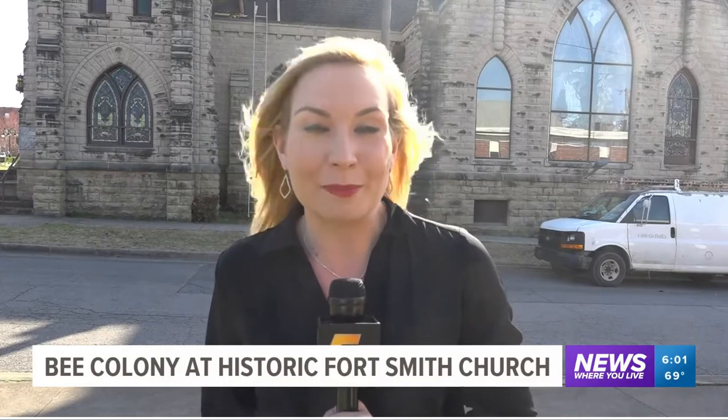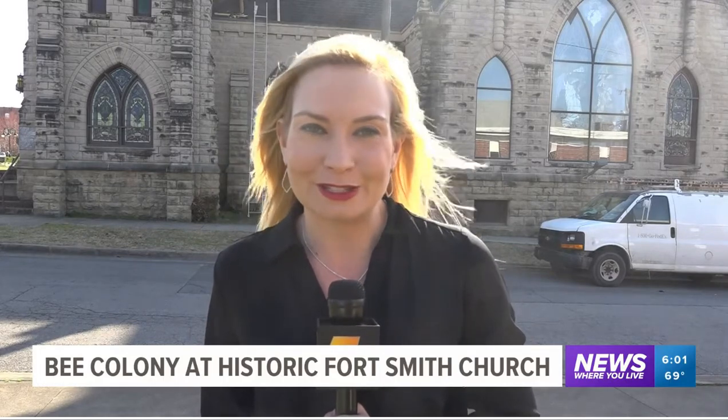John's Episcopal Church. And while the roof was being inspected, the roofing company discovered there were bees in the roof. Today was the day they went up into the roof to move the bees. We thought it was going to be kind of fun to watch a beekeeper actually go through the process of properly removing them, and then we found out that they had been vacated by these hive beetles, which we didn't